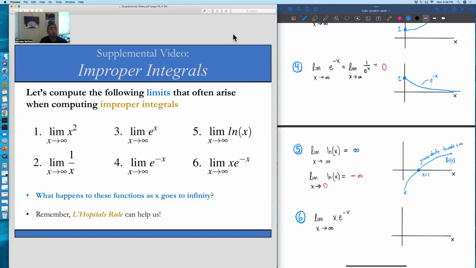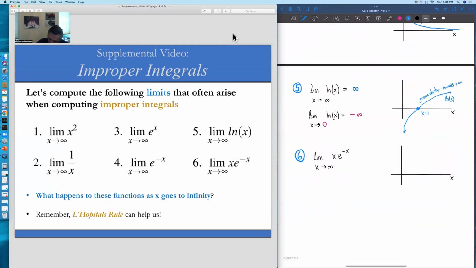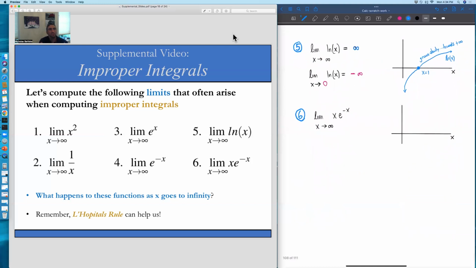So the natural log of x as x goes to infinity grows to infinity, but the natural log of x as x goes towards 0, that goes towards minus infinity. All right, so I think those are a bunch of popular functions that we often see arising in these improper integral problems. The last thing I want us to do is really practice a problem where we're going to get